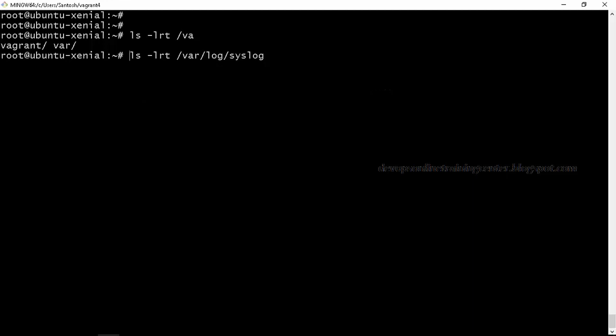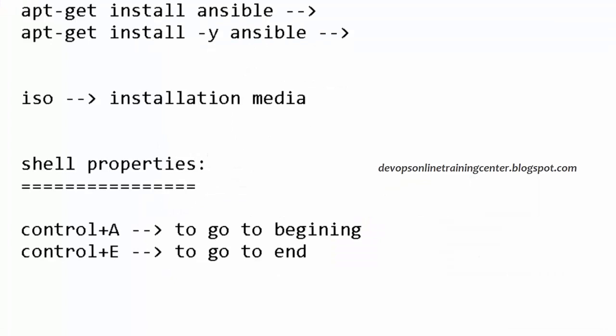Okay, so if you have a very big command and you want to go to the beginning or end, you can just say Control A or Control E. These are some of the options which the shell provides. The Bash shell has some advanced features using which we can go to the beginning or the end. Let us say ls -fnlrt, and I want to remove this. Control W is to remove a word.